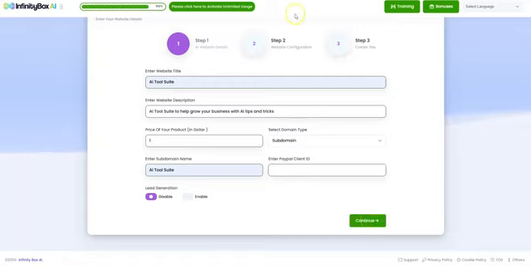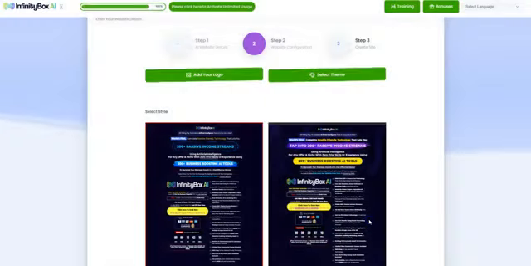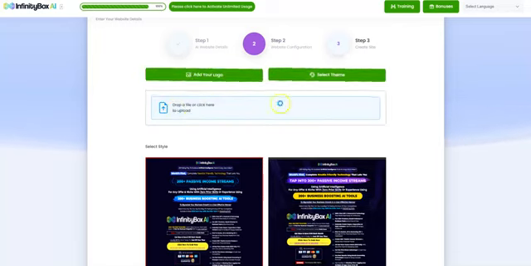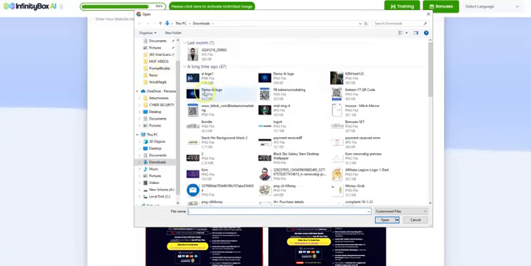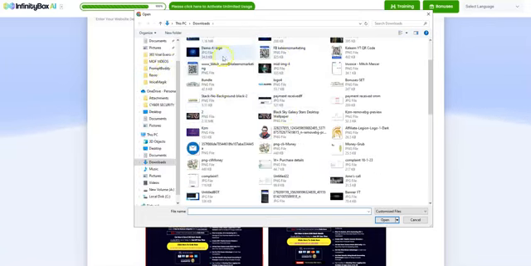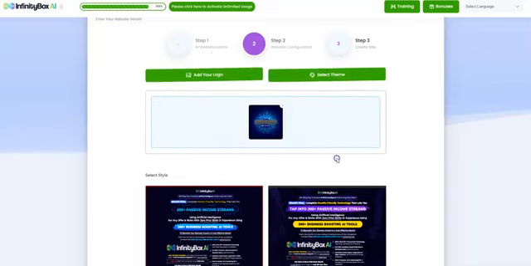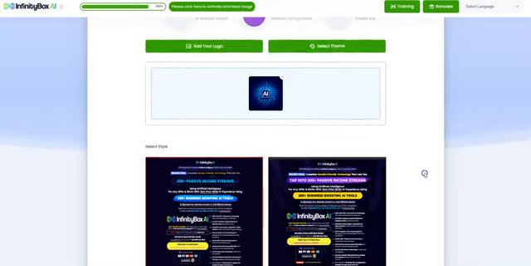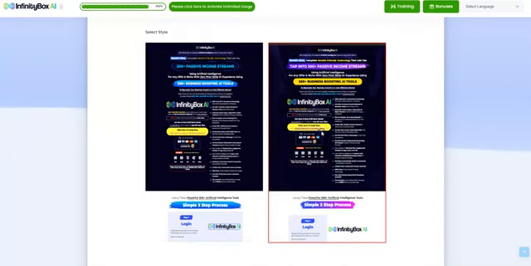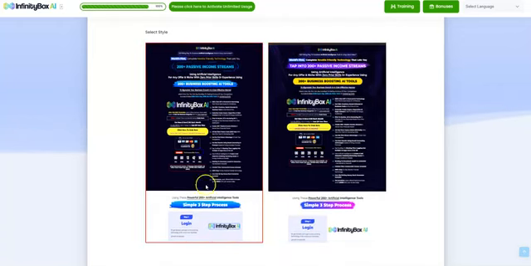Step 2 is website configuration. So if I hit continue, it will give me the option to add my logo. So I'll just add the AI Tools logo right over here. So I've got this logo over here, which is an AI logo. So as you can see, it says AI and has got a nice background to that. And you've got styles that you can select. So you've got over here this style and this style. So I'm just gonna click on the first one,